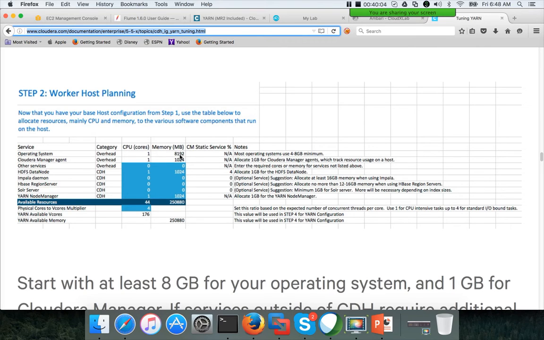In this 256 GB host, we only give 8 GB for the operating system, and then the Cloudera Manager or Ambari agent has to be running on all these hosts. It will take at least 1 GB of memory on a production scale cluster. On top of that, if you have any other services, typically we will not have any, but for any reason, if you have to set up services which are not within the Hadoop ecosystem, you have to consider some amount of memory for that also. Then I will give an example for the other services.